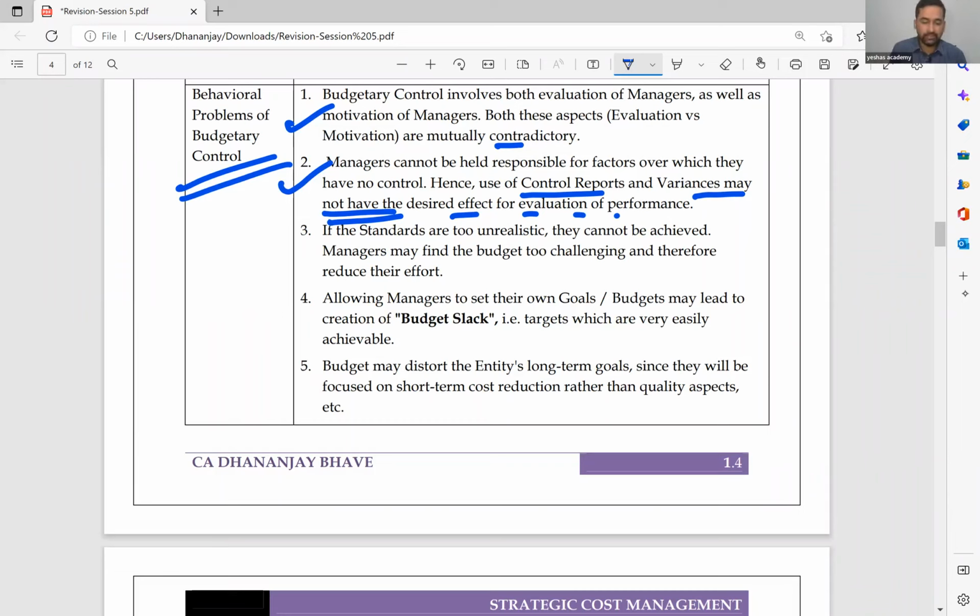Yes, if the standards are too unrealistic, they cannot be achieved. Managers may find the budget too challenging and therefore reduce their effort. Many companies fail because of this. The top level management, they set unreasonable expectations. And because there are no reasonable expectations, the ground level employees, the operation level managers, they know very well from day one of the year itself, they are demotivated because they know they will never be able to achieve this